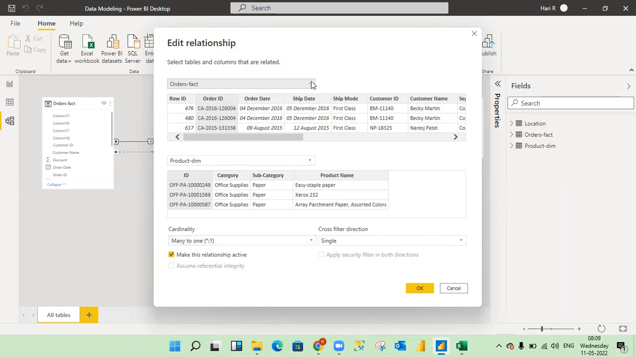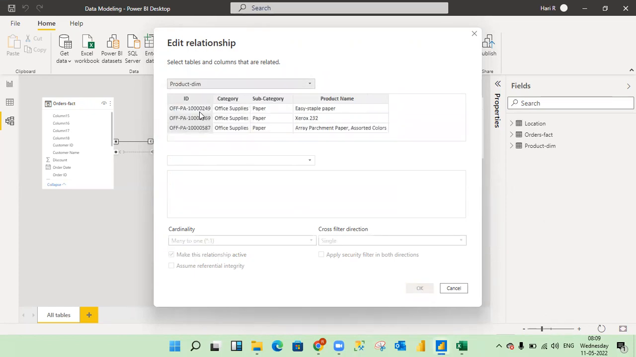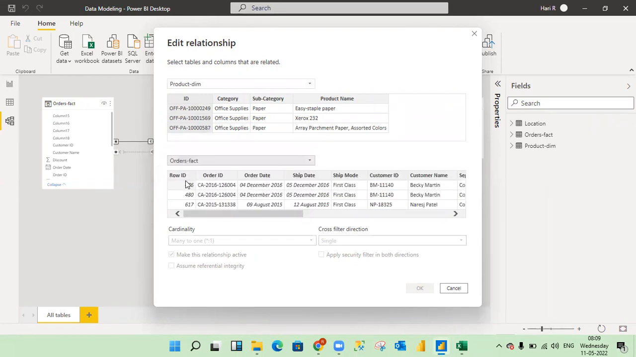I'll change the order. First I'll select the product table, then the orders table. Here I have selected ID. Here I'll select ID. See, one-to-many now. Before it was showing